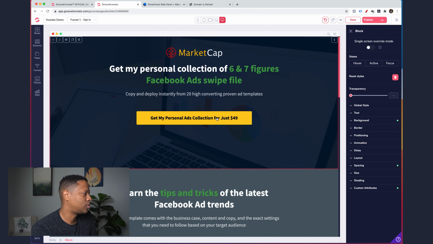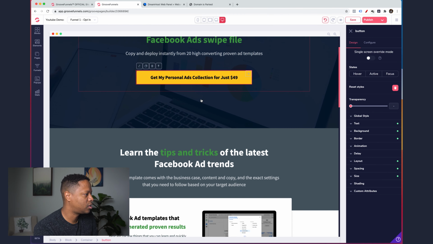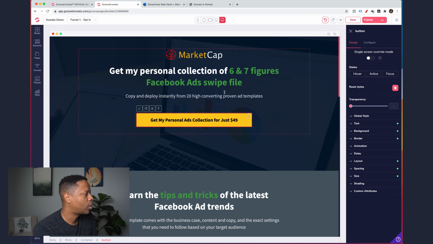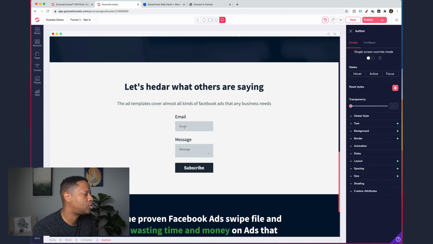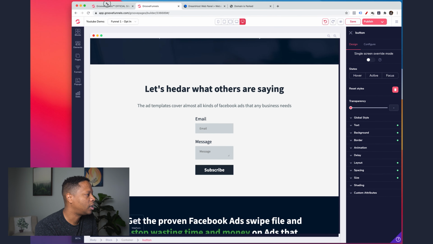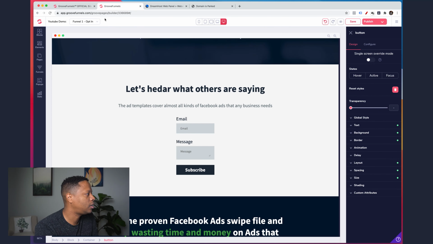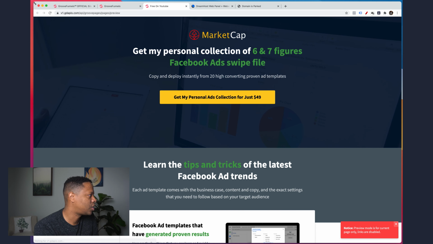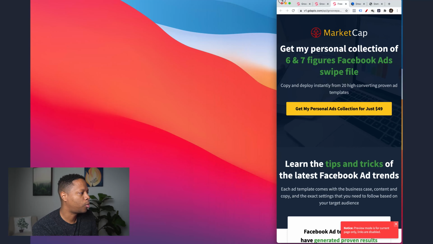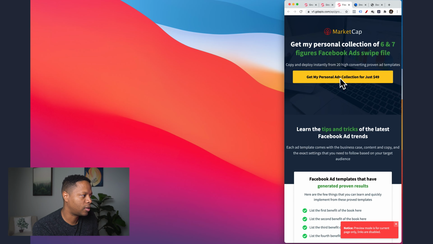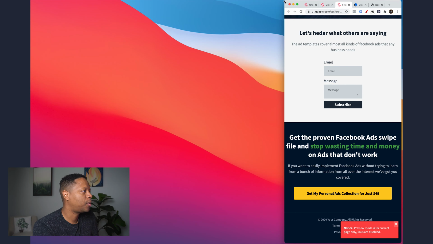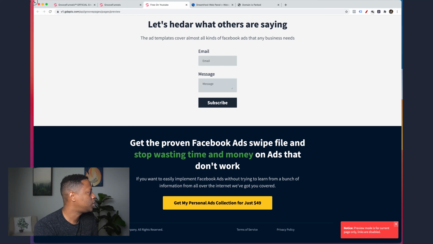So what I want to focus on now is I want, whenever someone clicks on this form, whenever someone clicks on any of these buttons here, what I want to happen is for it to automatically scroll down. The reason that's important is if you look at this page, actually, let me open it up as a preview. And now that I'm previewing this page, and I just clicked the little eyeball there on GrooveFunnels, but if I'm looking at this and I'm on a mobile device, this page is going to be long. So I want, whenever I click that button, to automatically take me here.